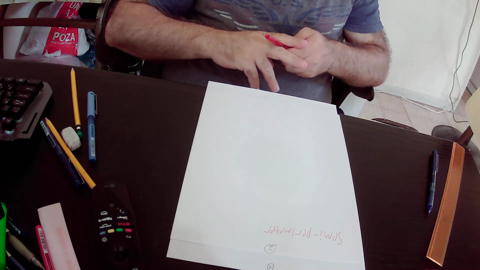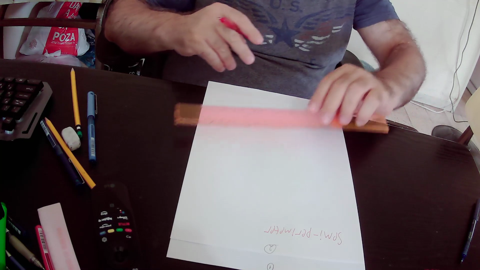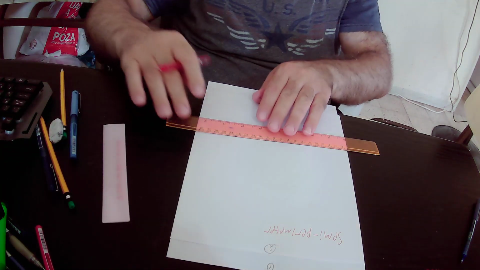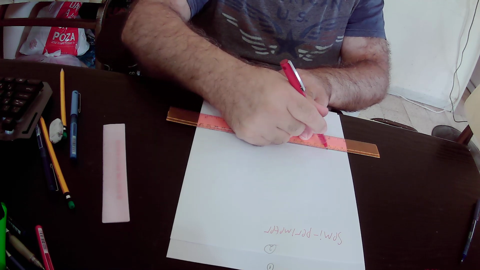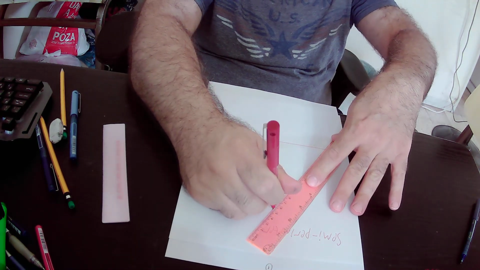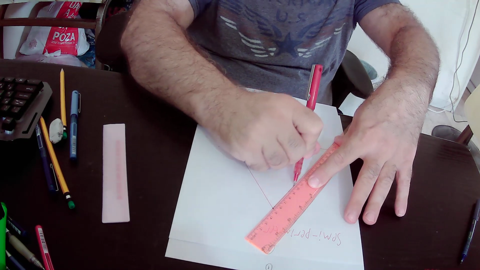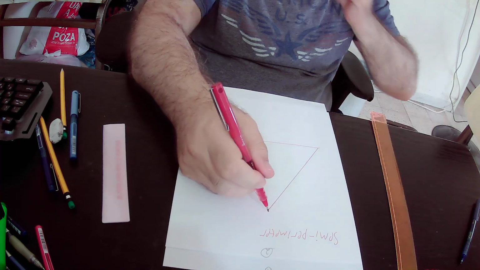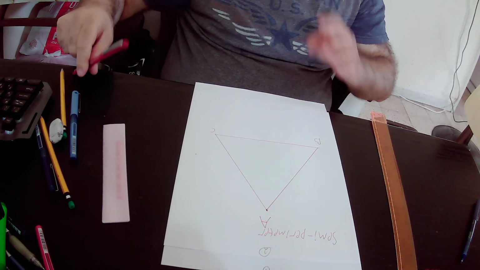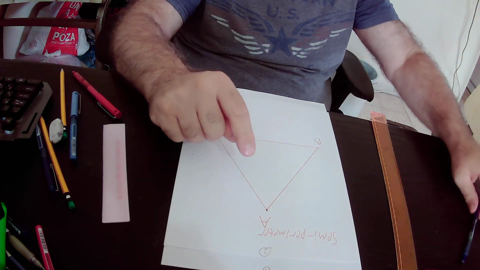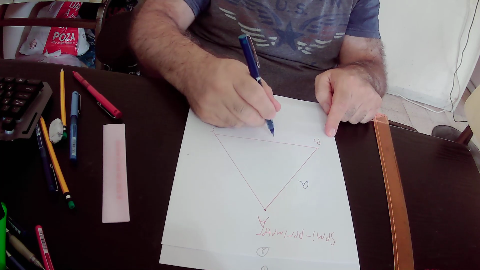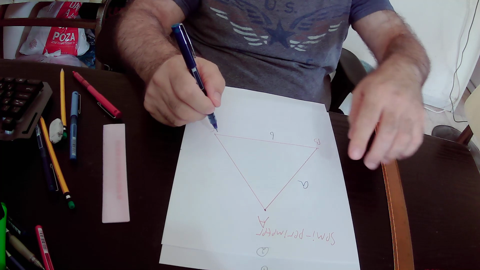Actually, if you have triangle ABC, and the side AB of triangle ABC equals A units, side BC equals B units, and side AC equals C units,